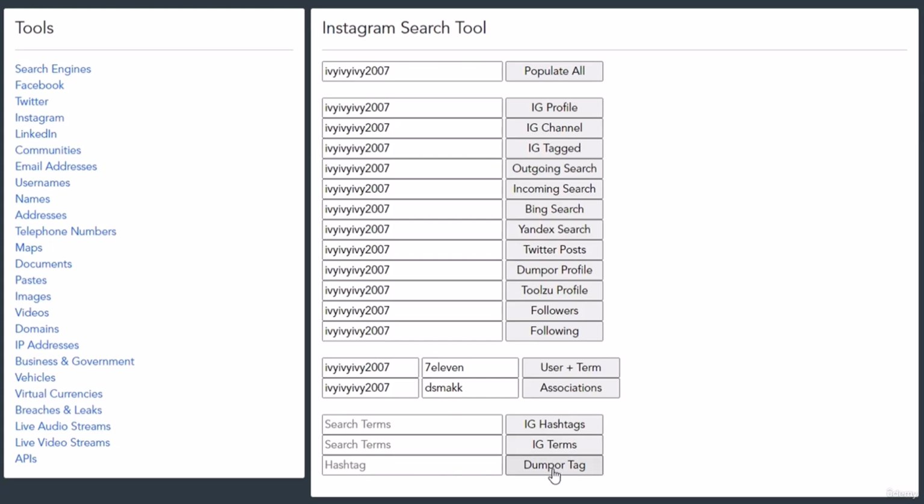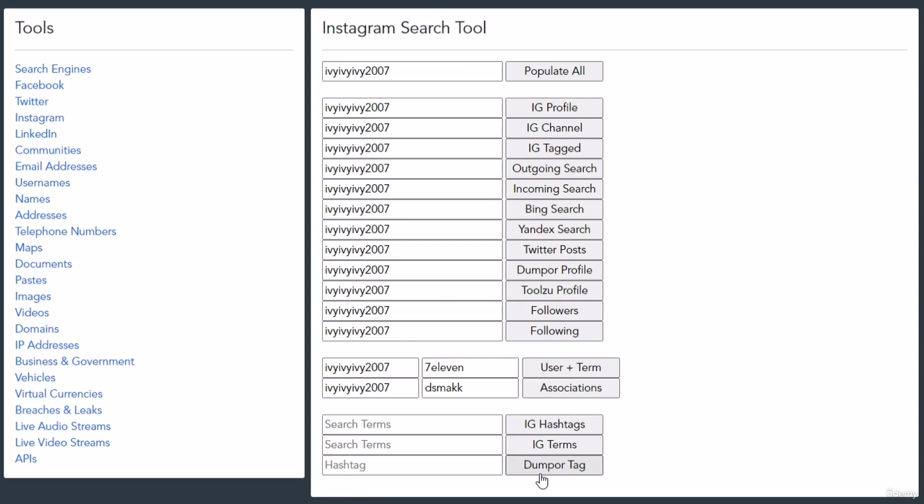The last one is pretty much also an IG hashtag search, but it will use Dumper, which was the Instagram mirror page. So it will pretty much do the same thing as this one, but keep in mind that it won't know your cookies and it won't show you results based on your preferences and the data it collected. So I encourage you to take your time and go through this and see how they optimize your Instagram OSINT.